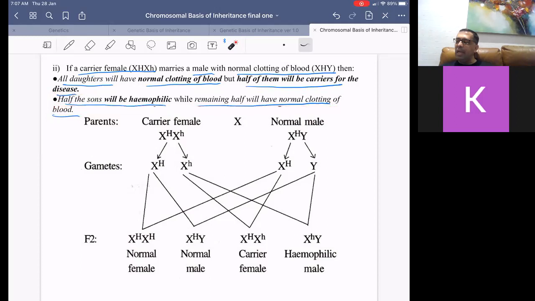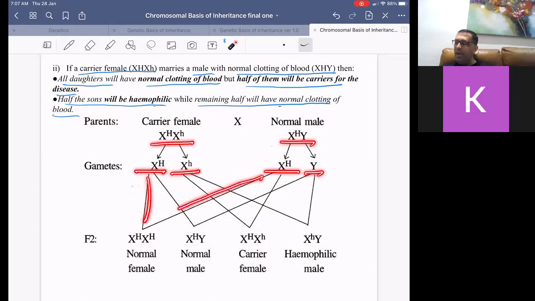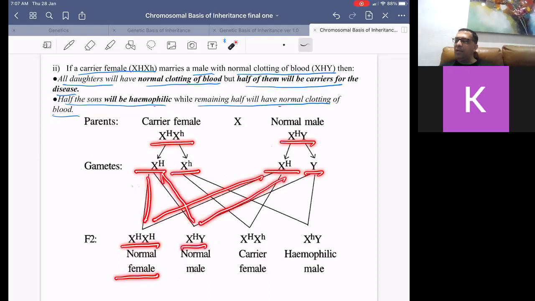So, X capital H, X small h marries X capital H, Y. The gametes formed will be X capital H, X small h, X capital H, Y, and this will form X capital H, normal granddaughter, and X capital H, Y will be normal grandson,